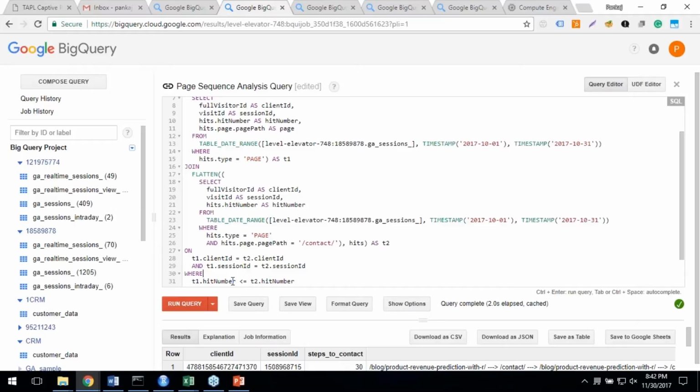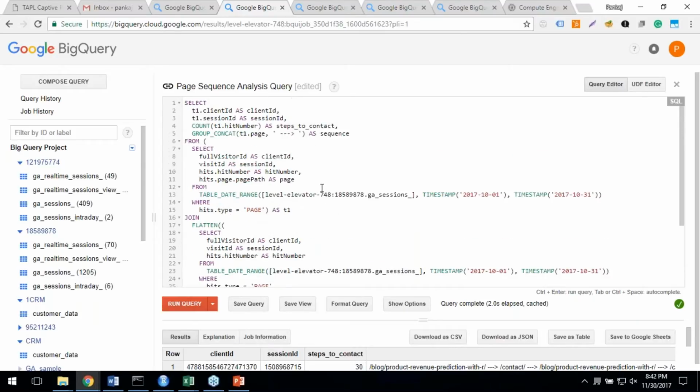And at the same time, another condition that I'm using is that the type of the hit should be page. So what this will give me is the number of pages and the sequence of pages visited by that particular user before arriving on the contact us page. So I run this query,